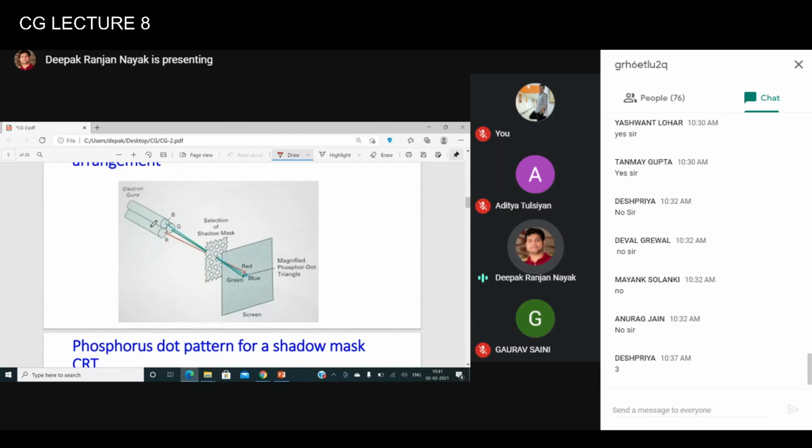where 3 electron guns are used, which generate 3 different electron beams, and those electron beams are passed through a shadow mask, right?